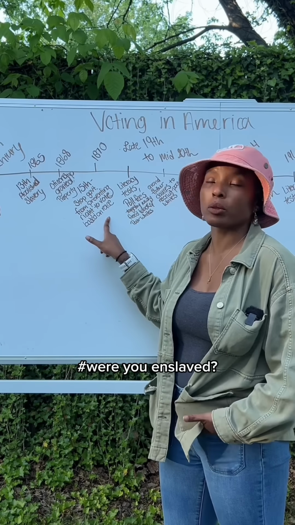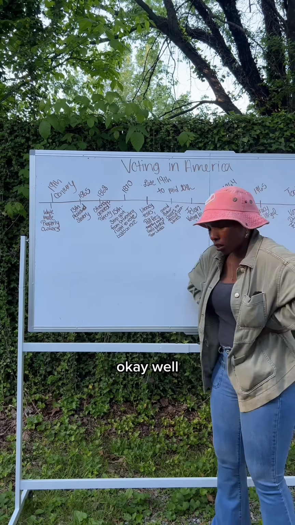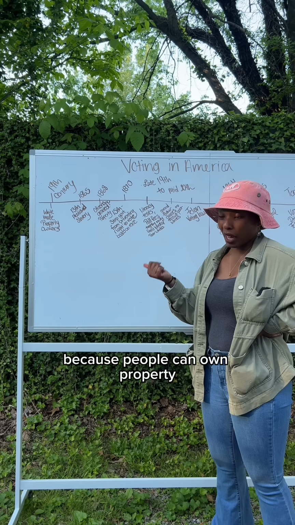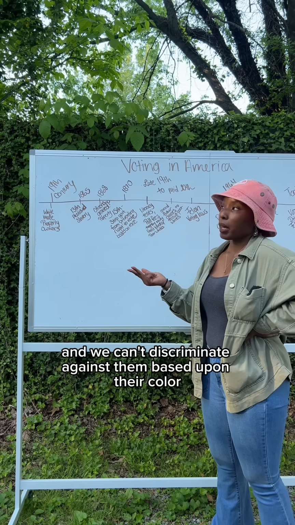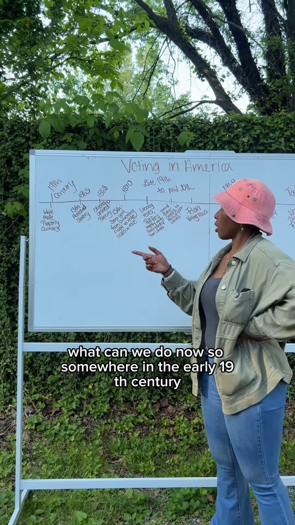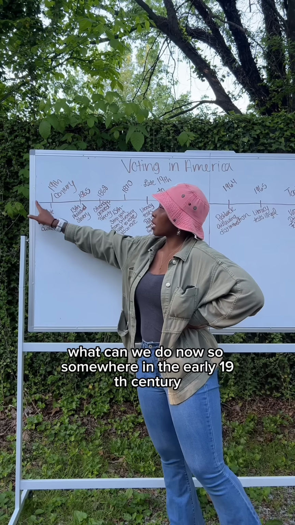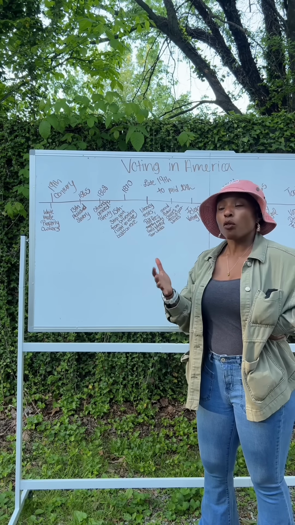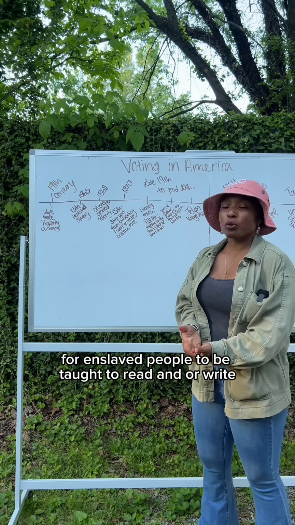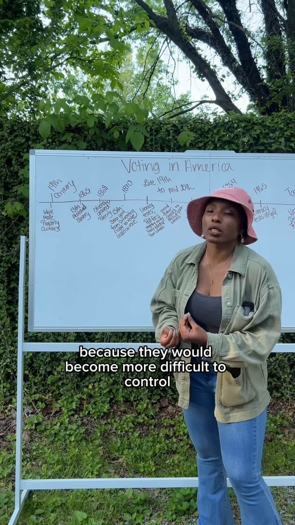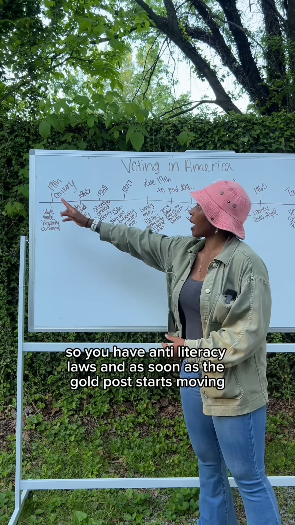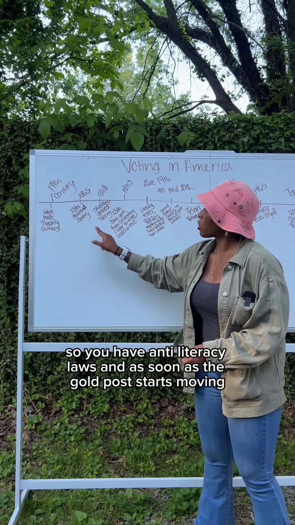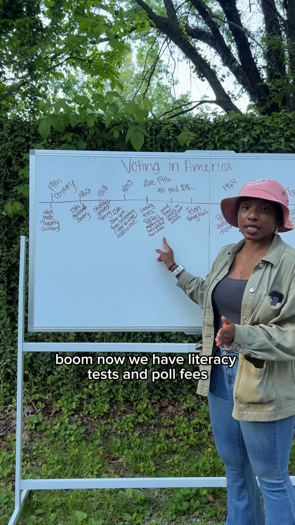Hashtag, were you enslaved? Okay, well, gosh darn it, we're in trouble now because people can own property and we can't discriminate against them based upon their color. What can we do now? So somewhere in the early 19th century, late 18th century, there are anti-literacy laws for enslaved people to be taught to read and or write because they would become more difficult to control. So you have anti-literacy laws, and as soon as the goalpost starts moving, boom, now we have literacy tests and